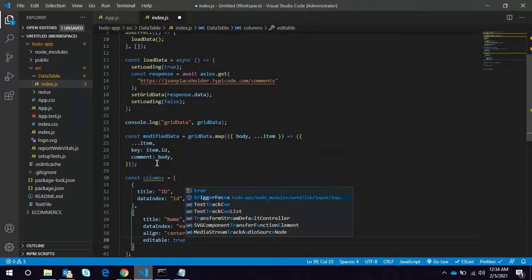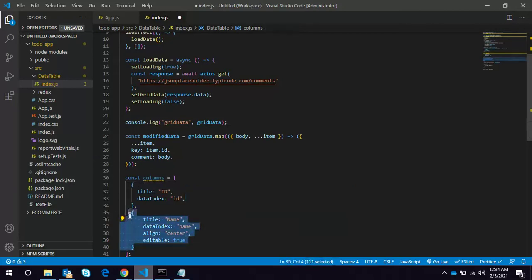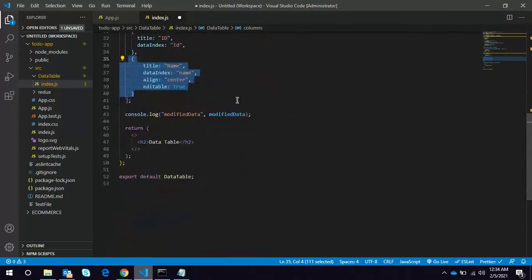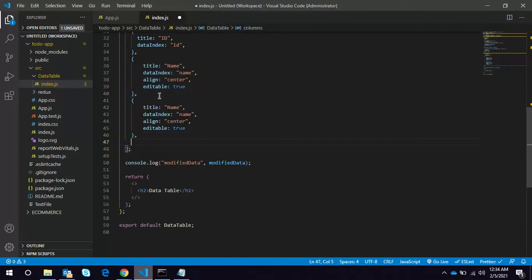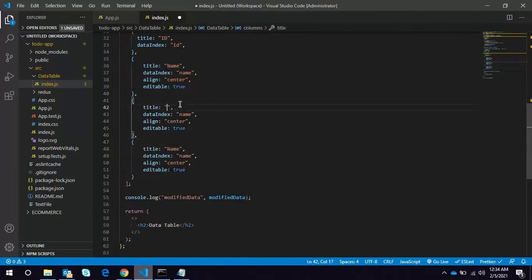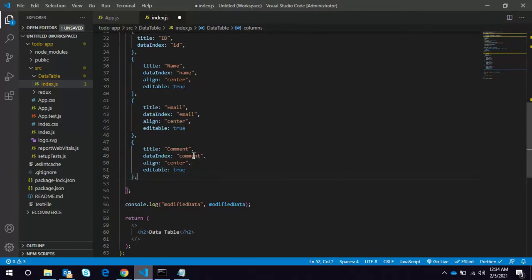Okay, now I am going to copy it a couple of times. Okay, so the next field will be email. This will also be editable. The comment. Okay, and the last will be the action.